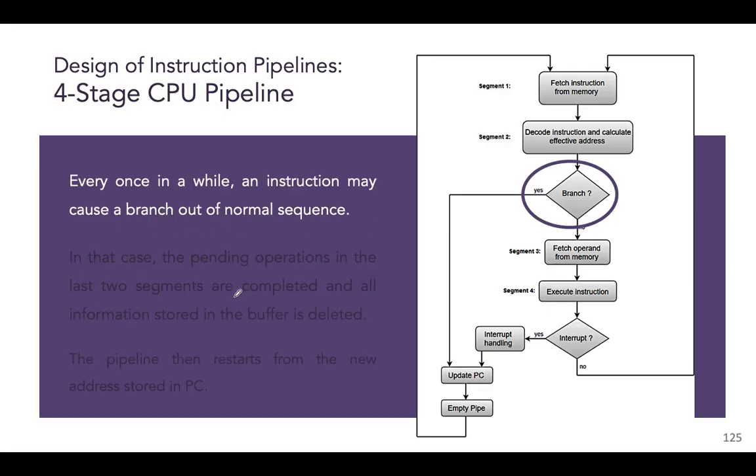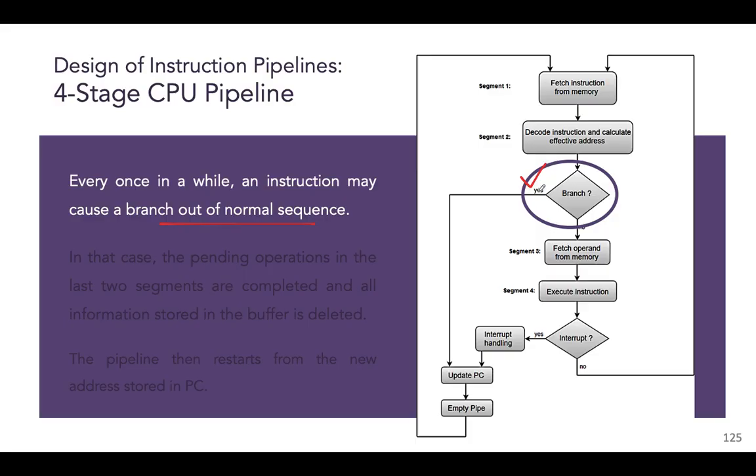Okay, now let's talk about the branch and interrupt part that we didn't consider earlier. In segment 2, we are decoding the instruction. Now, after decoding the instruction, you'll find that we have a branch instruction at our hand, and this branch instruction causes a break out of the normal sequence. Now, if that happens, if the instruction you just decoded is a branch instruction,